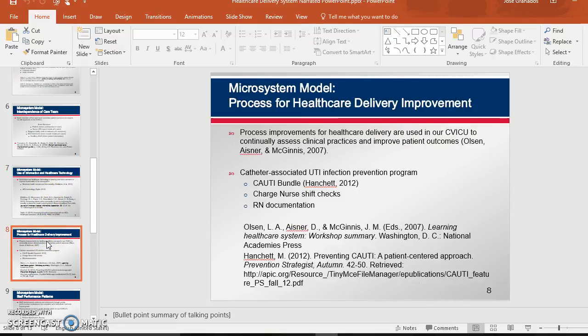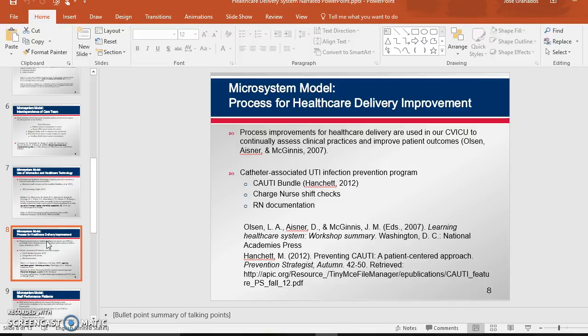The next slide is process for healthcare delivery. On our unit, we're pretty big on the catheter-associated UTI infection prevention program. I tried to say that really quick, huh? This consists of the CAUTI bundle. The CAUTI bundle is basically